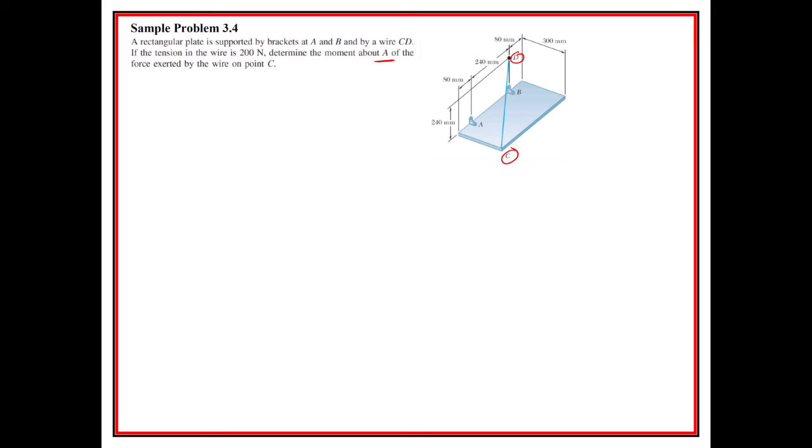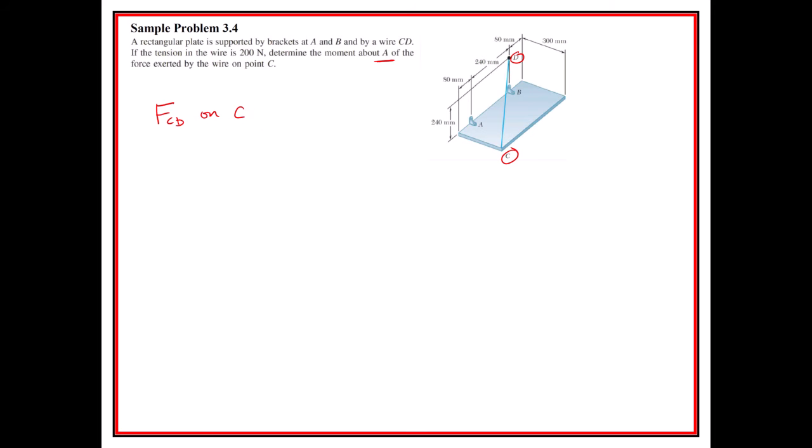There could be other moments about A, including the weight of the plate, but here we're just trying to isolate and identify the equivalent moment of this tension. So the first thing we want to find is the force FCD